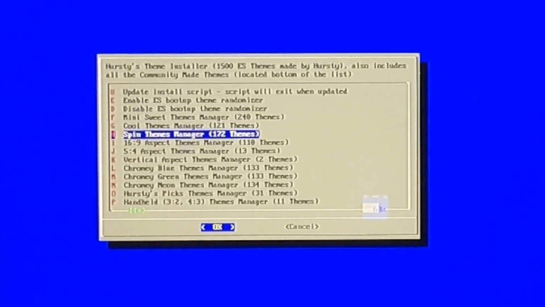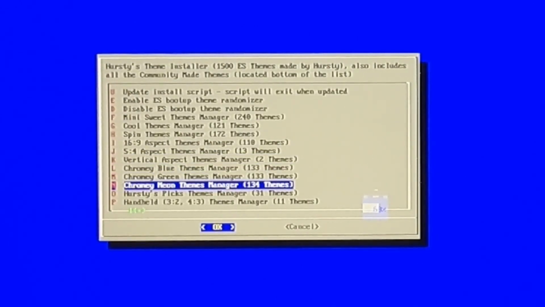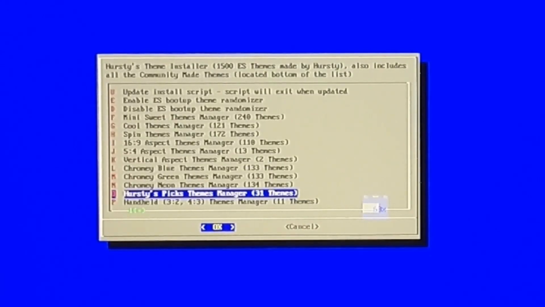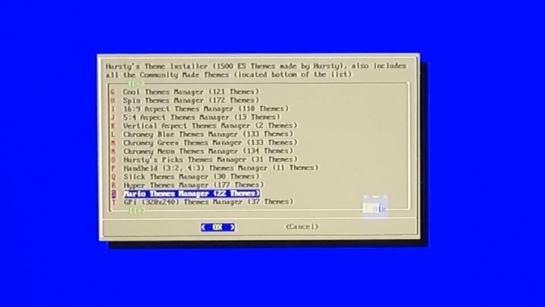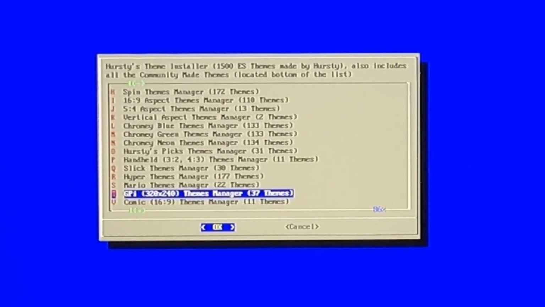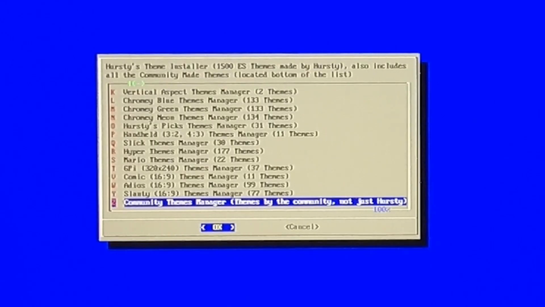So we get the mini suite, cool, spin, just the 16:9 themes, 5:4, which is really for arcade 1-up screens, vertical. There's 3 Chromey ones there. There is a Hursty's picks area, which I've sort of put a couple there that I like, but they're not different themes to what's in the other list. It's just a grouping of ones that I like. We've got some Handheld, Slick series, Hyper series. This Mario one was also 22 themes of just bringing a list together from the other lists, and they're just all themes that include Mario. We've got GPi Case Themes, Comic Themes, Adios, Slanty, and this very last option I've added,